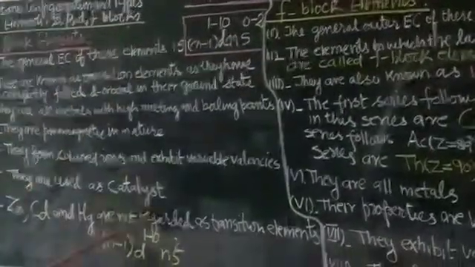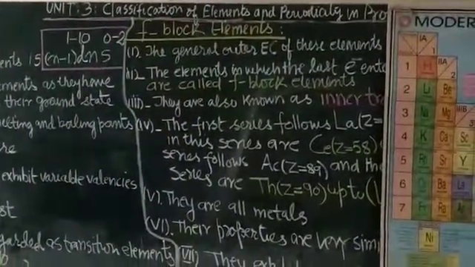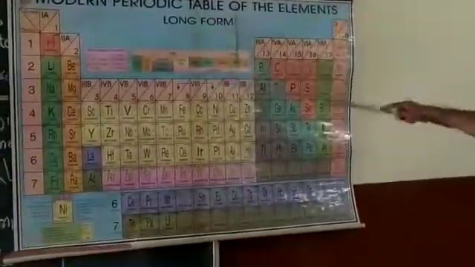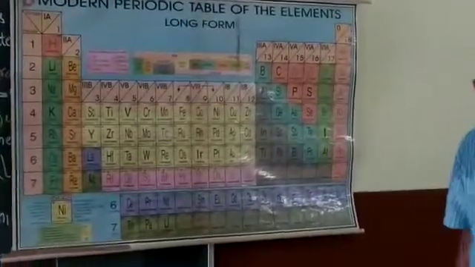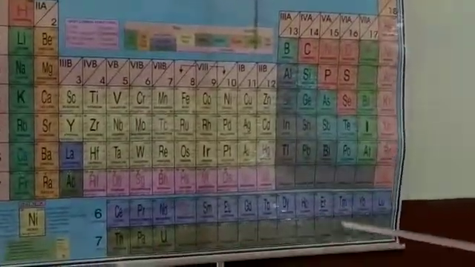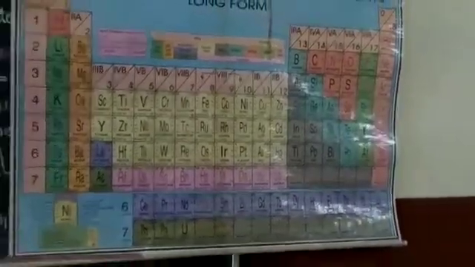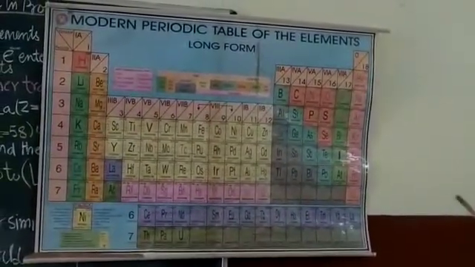Now, after d block elements, I hope you have understood the properties well. Coming to the f block elements. What are f block elements? I told you in the very beginning, f block elements lie at the bottom of the modern periodic table, and f block elements are divided into two: 4f block known as lanthanoids, 5f block known as actinoids. Let us study their properties.